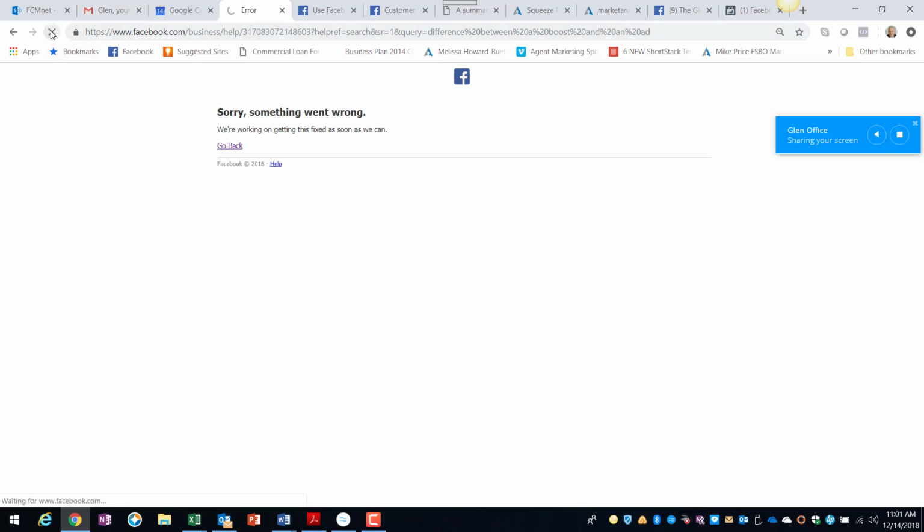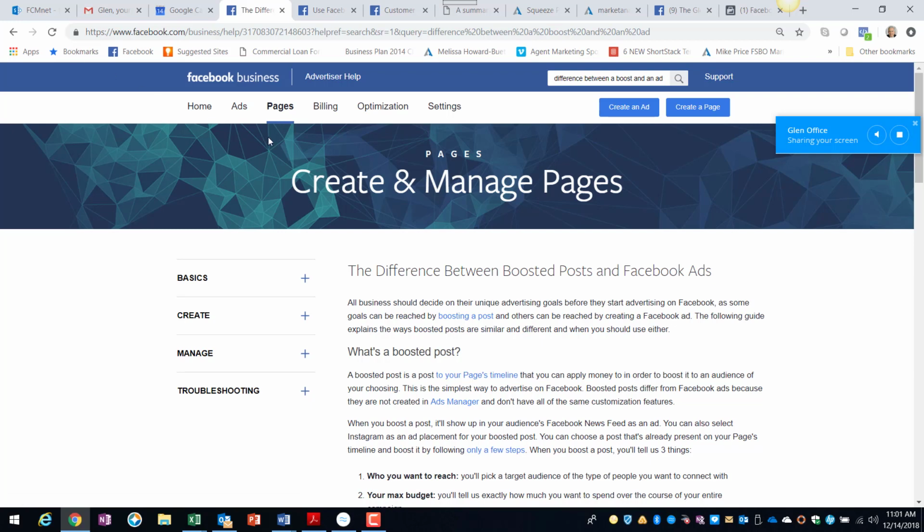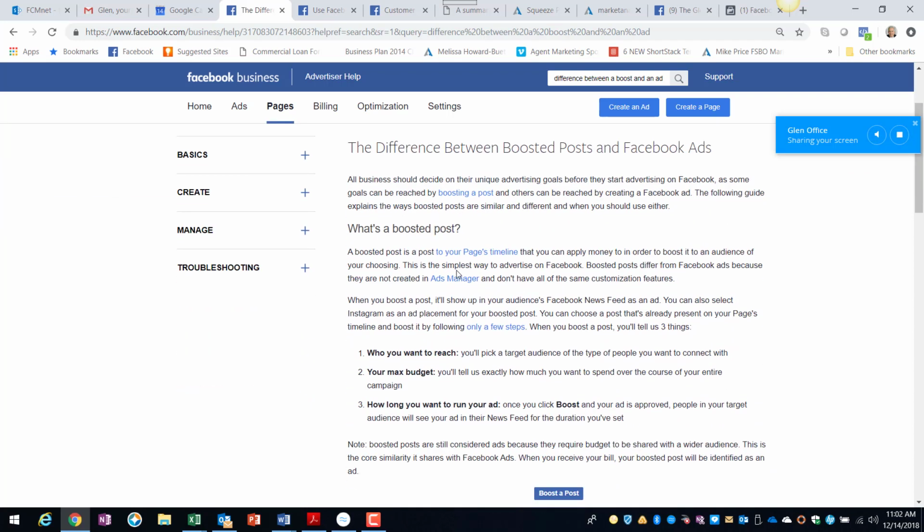Terrific. Facebook view. There it is. All right. So it says the difference between boosted posts and Facebook ads. What is boosted? A boosted post is a post to your page's timeline that you can apply money in order to boost it to an audience of your choosing. It is the simplest way to advertise on Facebook. Boosted posts differ from ads because they are not created in Ads Manager and don't have all the same customization